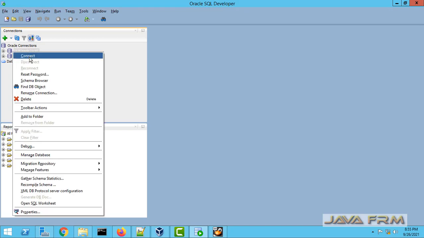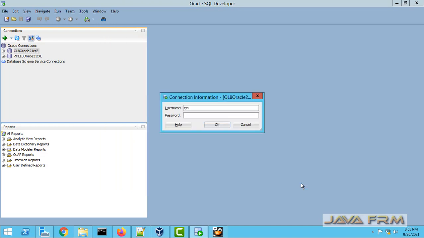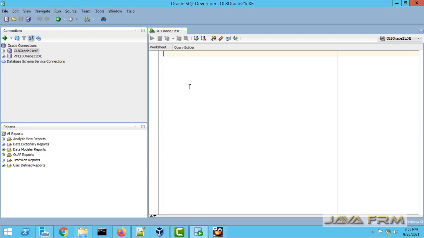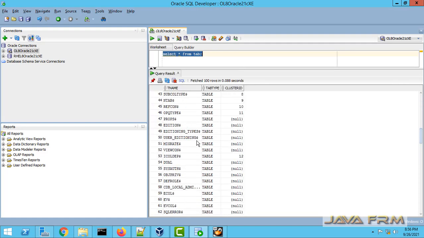So finally, Oracle database 21c Express Edition is installed successfully on the Oracle Linux 8 operating system. So make sure that you have enough RAM, that is 2 GB RAM, 2 GB swap, one static IP address, and a host name, especially the host name is very important here. The host name must be mapped to that IP address, and the dependencies, that is the Oracle dependent RPMs which I have shown previously, right? So the dependent RPMs are installed. Okay, so make sure these 5 steps are done carefully.